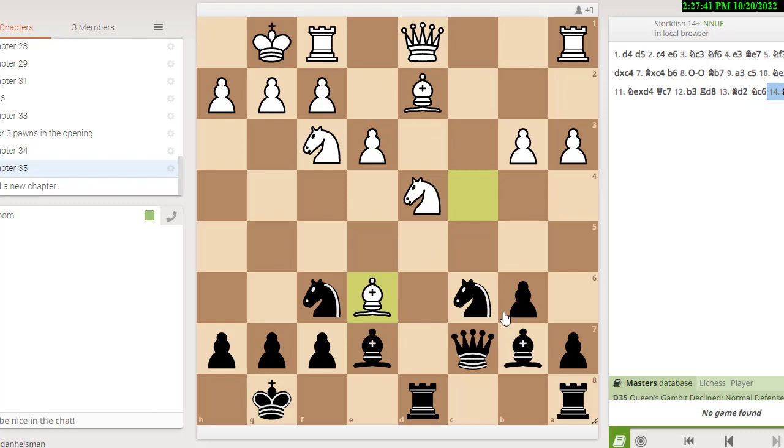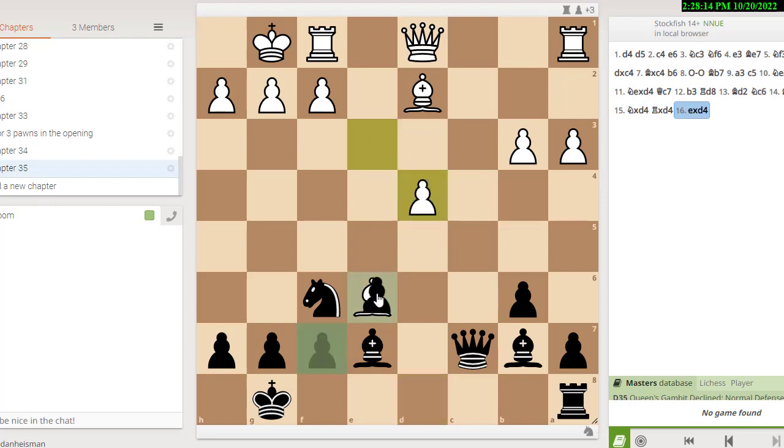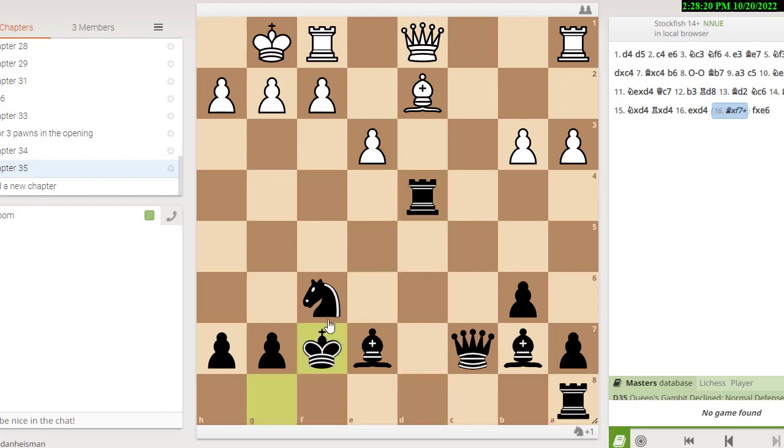So in this position, black decided, rather than taking the bishop right away, let me trade knights, which actually is a pretty good idea. So he took with a knight, and of course, white has to take back with a knight, so he has a knight to fork with. So he takes with a knight. Now, here, black has 2 ways to lose the rook for the knight. He could take the bishop, and then after knight takes, he could move the queen, and then the knight could take the rook. Or he can take the knight right away, and if white takes the rook, then black will take the bishop. So black should probably make use of his desperado bishop and play check, and then take here.